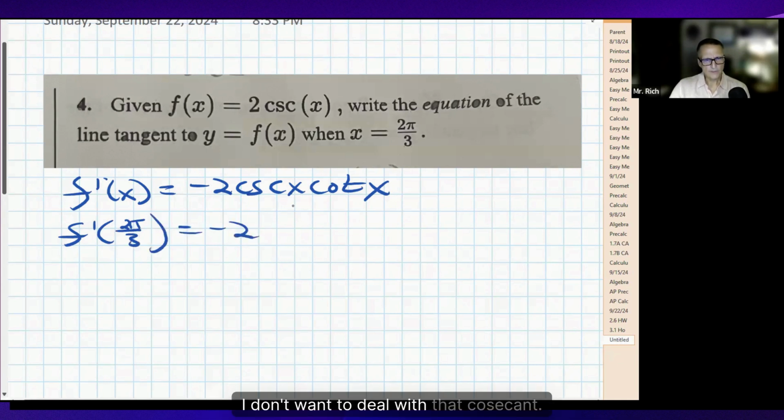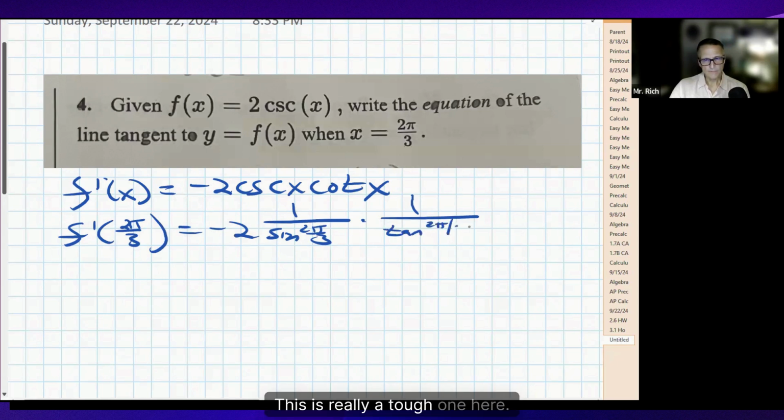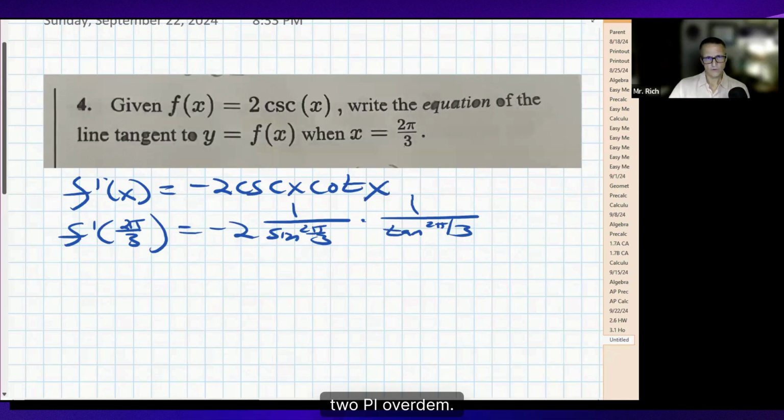Now look, I don't want to deal with that cosecant. I'm going to do 1 over sine of 2 pi over 3. And for cotangent, that's 1 over tangent. Wow, this is really a tough one here. So now what we have to do is get sine of 2 pi over